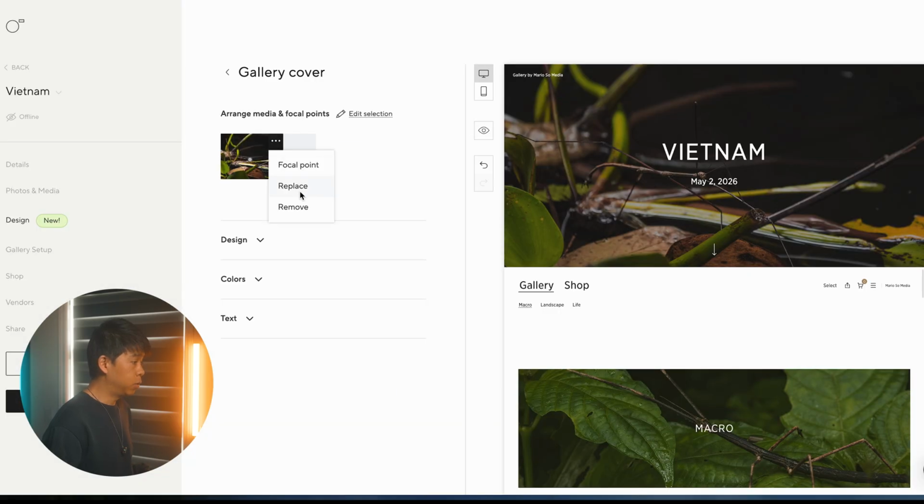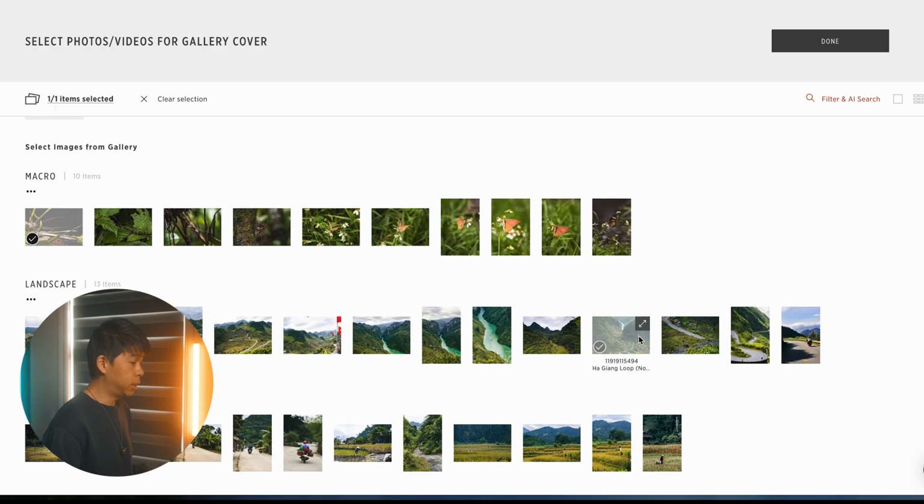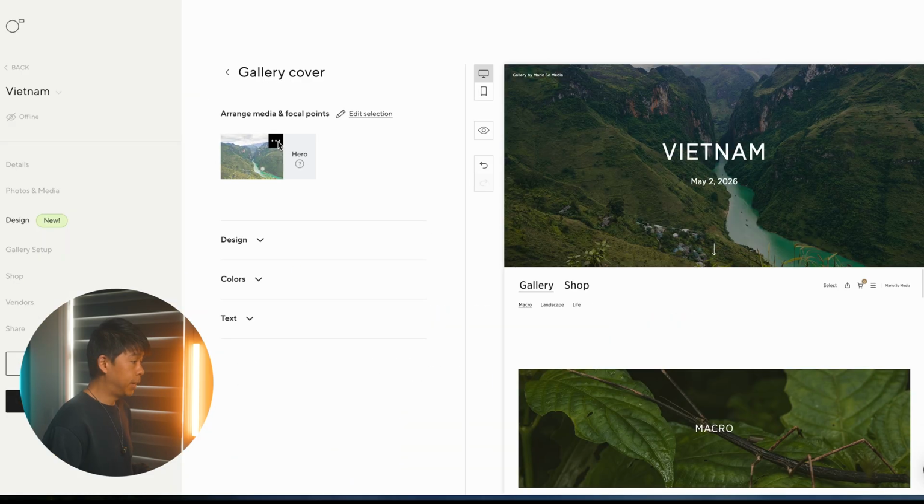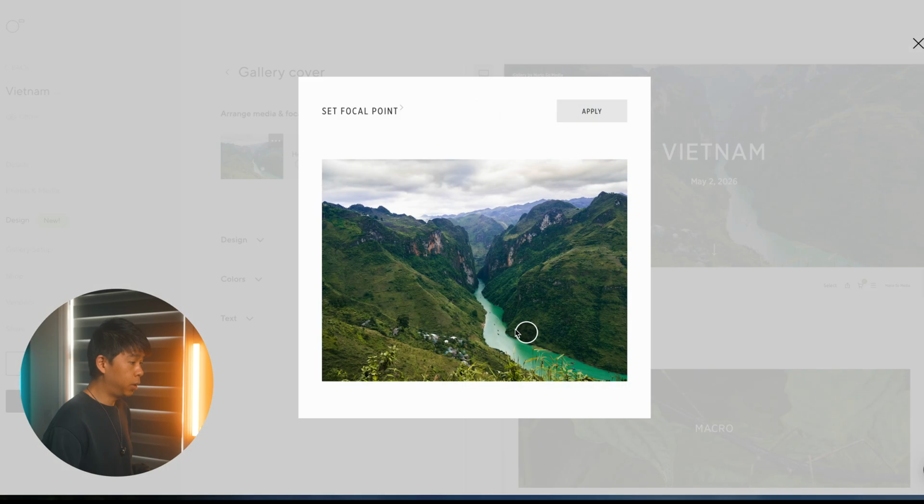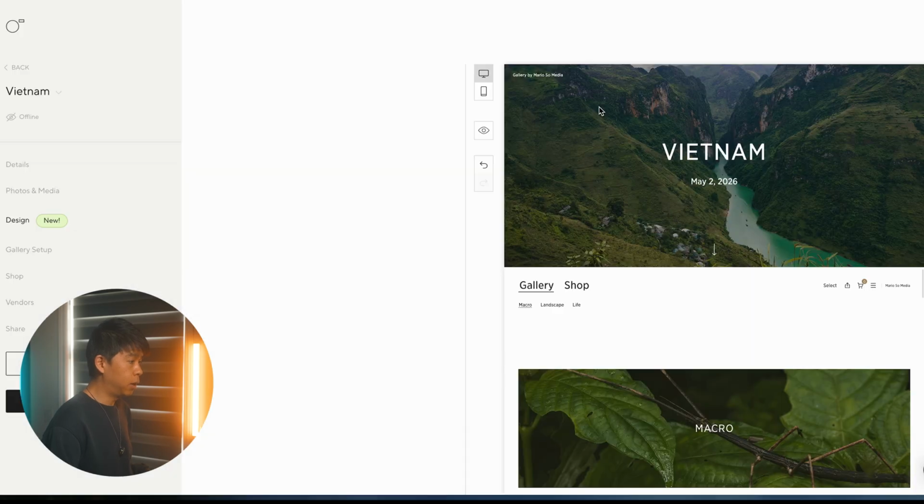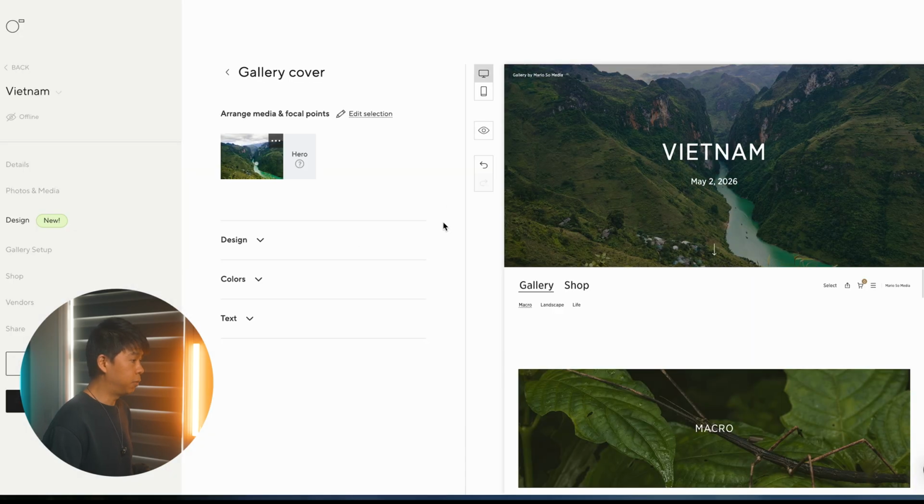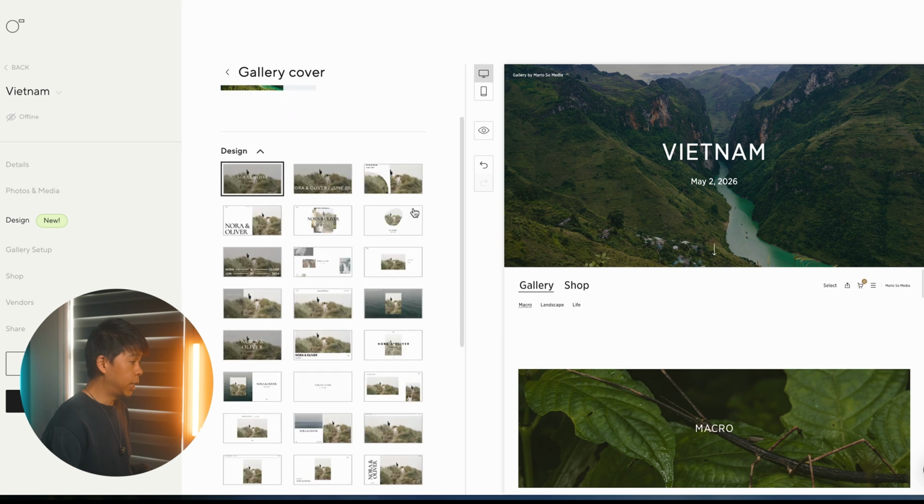I'm actually going to replace it with a landscape. Let's try this one. And let's change that focal point here. It'll be maybe around there, and apply. Yeah, that's perfect. You can toggle this down and you're able to see a bunch of different design options for